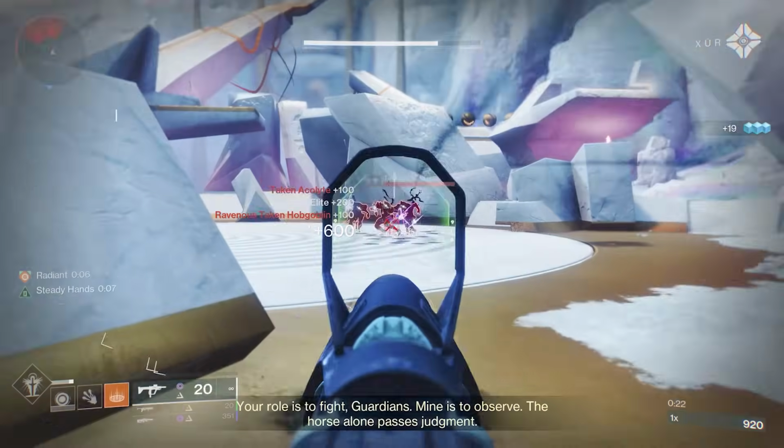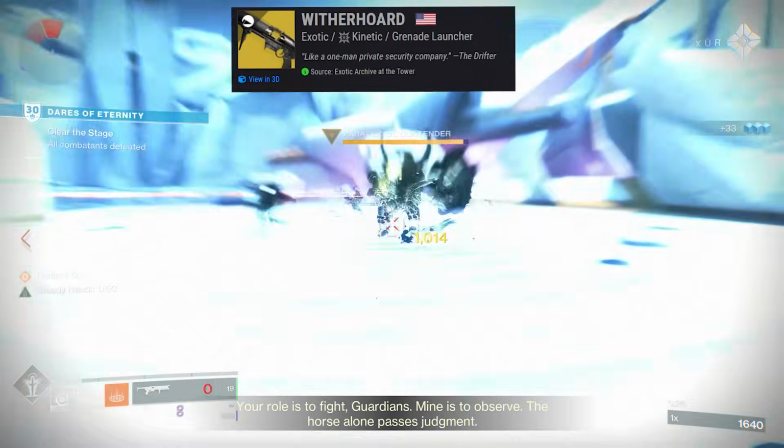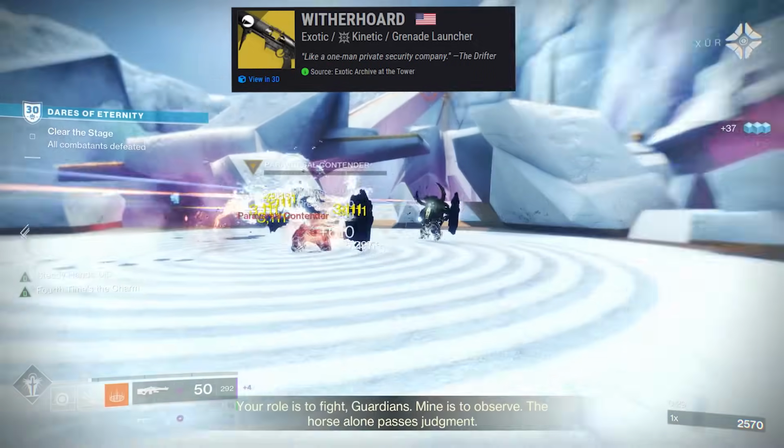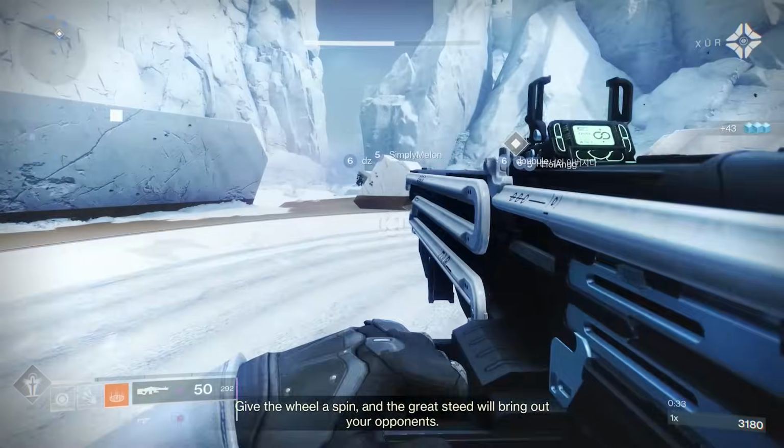Moving on to number 3, we have the best grenade launcher in the game, the Wither Horde. Now everyone knows what the Wither Horde does. You stick the boss with the projectile and then it does damage over time. As long as you have the catalyst for the Wither Horde, you can put this gun away when it's not reloaded